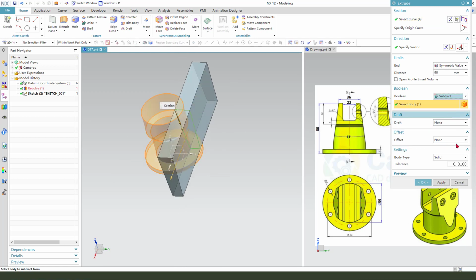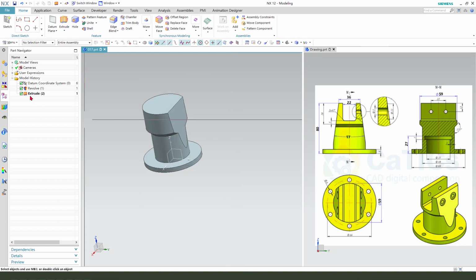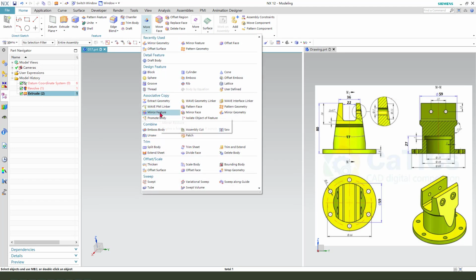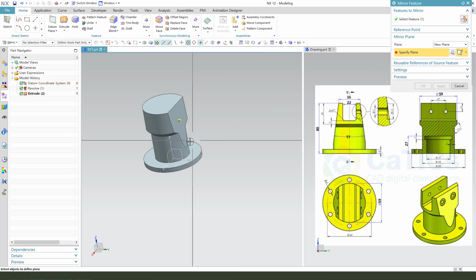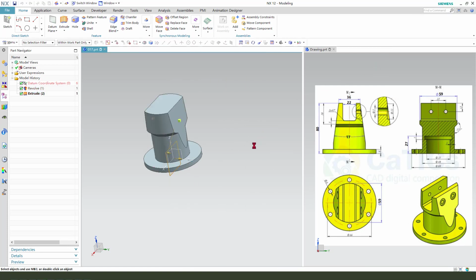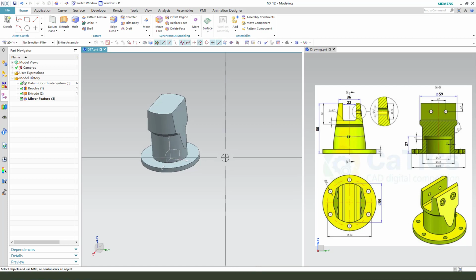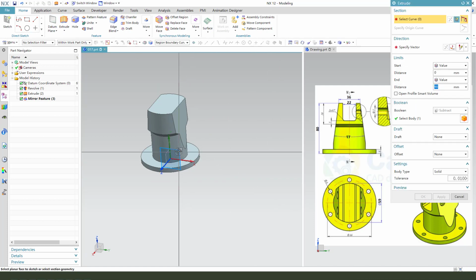Boolean subtract. Okay. Next we need to select Extrude to, then middle feature. Select the plane, X-ray plane. Okay. Next we need to create this pocket feature 22 and 5mm. So Extrude, select YZ plane,